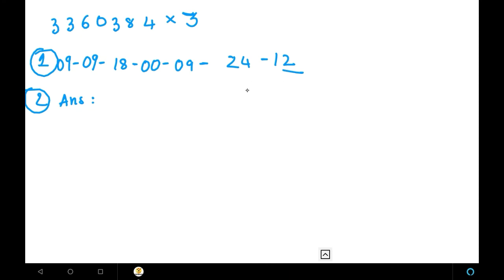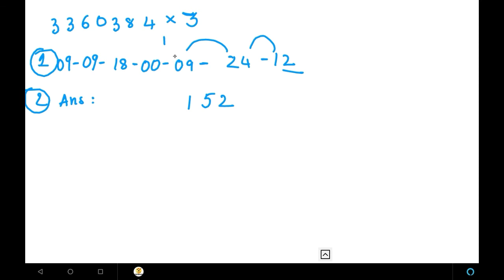So first write the units place, that is 2. And next add all the numbers, that is 4 and 1. 4 plus 1, it's 5. So we have got the tens place also. Next pair is 9 and 2. 9 plus 2, we will get 11. So if we are getting 2 digits, we have to write 1 here and give the carrier to the next pair. So the next pair here we have is 0 and 0.